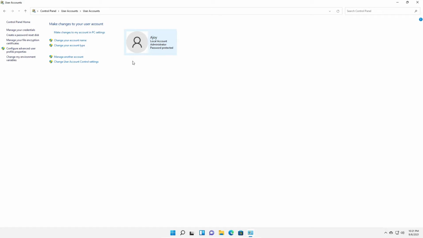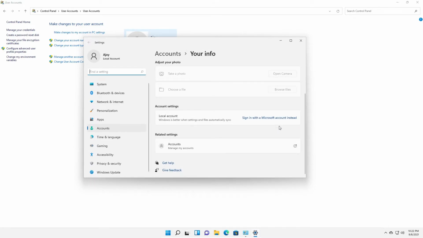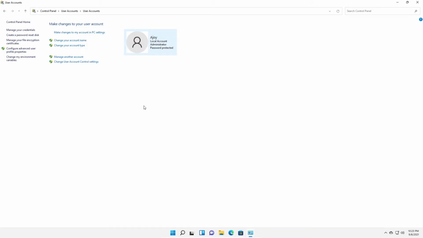Let me tell you that if you want to change username on your Windows 11 computer, then you have to have a local account instead of Microsoft account. To know whether you are using local account or Microsoft account, you have to click on make changes to my account in PC settings. Here you can see I'm using local account. If you are using Microsoft account instead of local account, then you will not find an option to change username